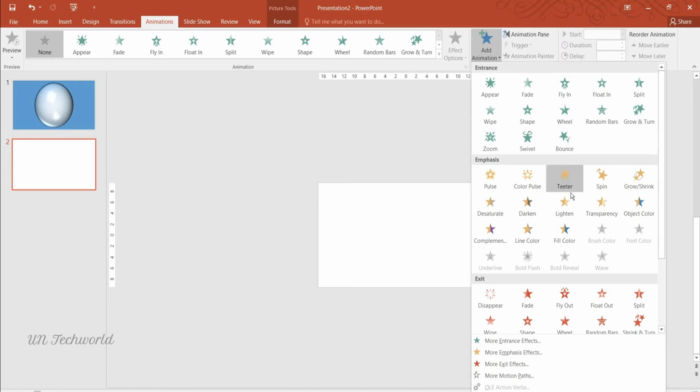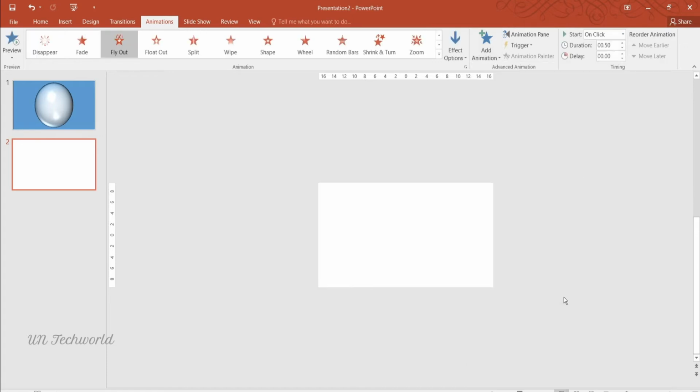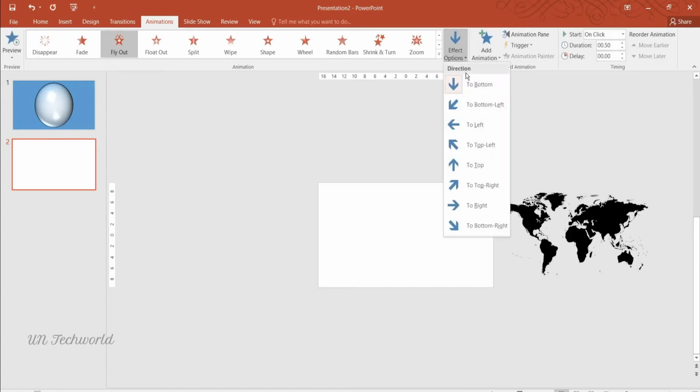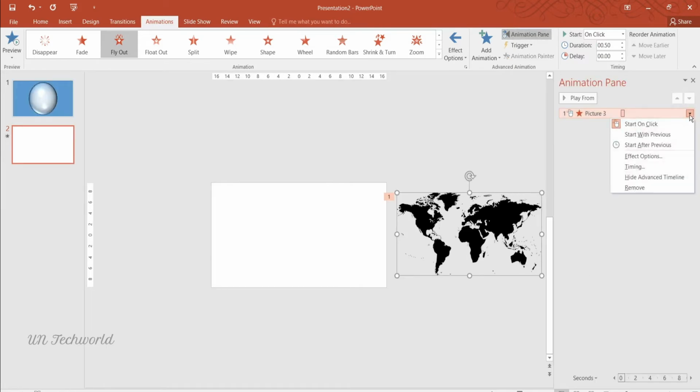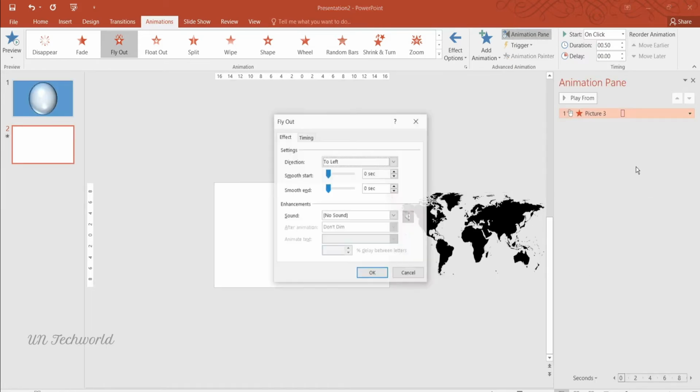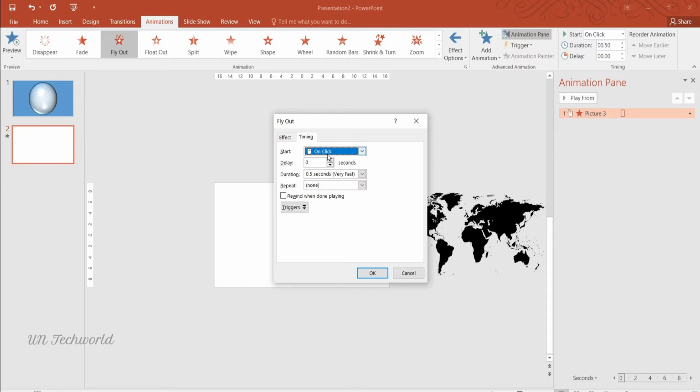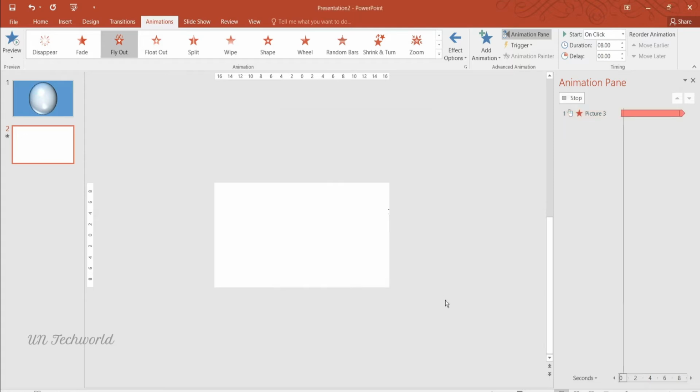Here I can close the picture format, click on the picture, go to Animation, and this time I am adding an exit animation, Fly Out, and the effect option is Left. Go to the animation pane, click on the down arrow and go to the effect option. Timing is On Click, delay 0 seconds, duration 8 seconds, and repeat until end of slide. Click OK.